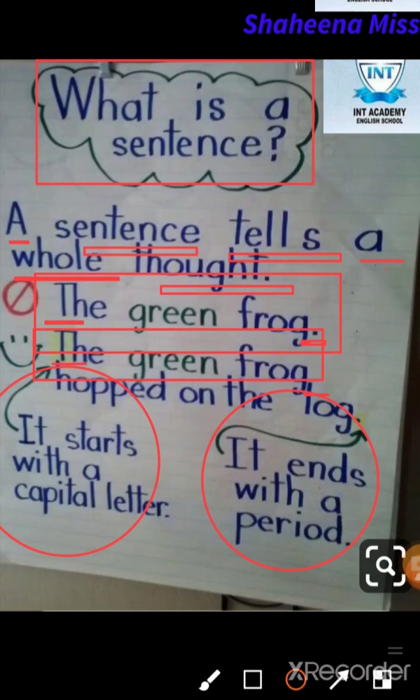I am sharing some notes with you that you will write in the first pages of your classwork notebook. After revising all these things, we will start with our 1.1 poem. So this much is okay for today.